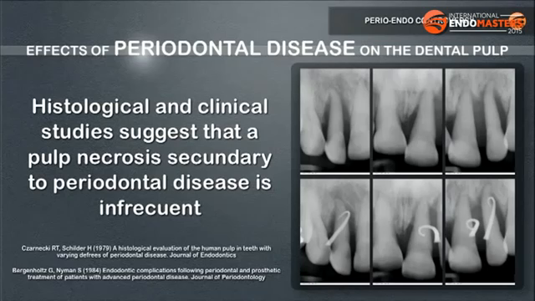periodontal disease. Bergenholtz and Nyman evaluated 52 patients with advanced periodontal disease over a 4 to 13 year period. Of the 417 non-abutment teeth, 60% had crestal bone level in the apical two-thirds of the root. Only 3%, 14 cases, required root canal treatment. From these 14 teeth, only 4 authors pointed out that necrosis could be related to the progression of periodontal disease